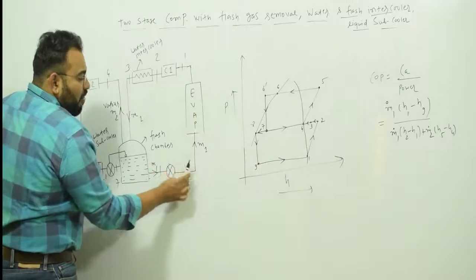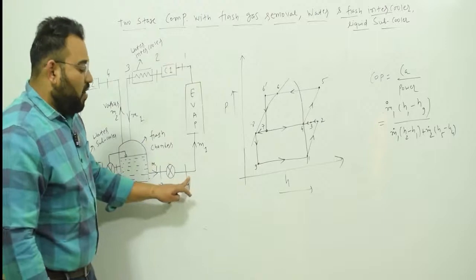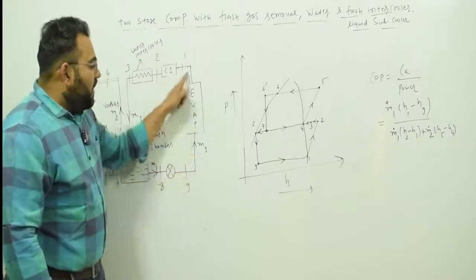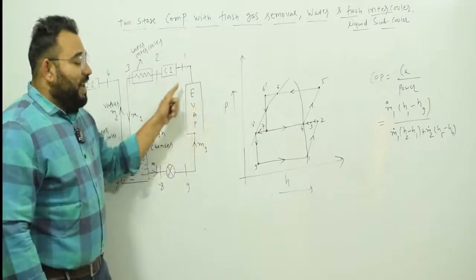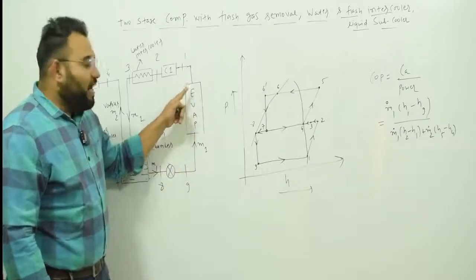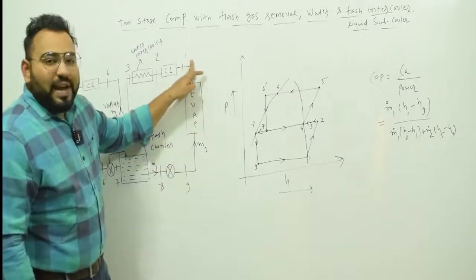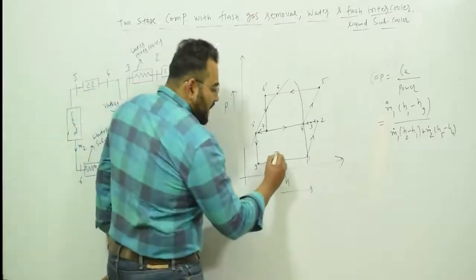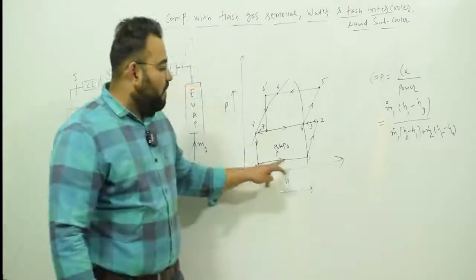9-2-1 is the evaporation process. From point 9, M1 mass of liquid refrigerant enters the evaporator, where latent heat absorption takes place. So it is constant pressure, constant temperature heat absorption. After passing through the evaporator, at state 1, you will have a vapor refrigerant. So 9-2-1 is an evaporation process, and here we are getting the refrigerating effect.